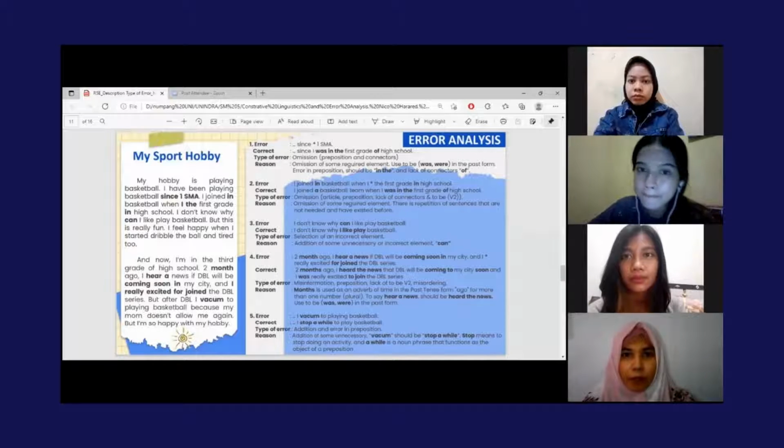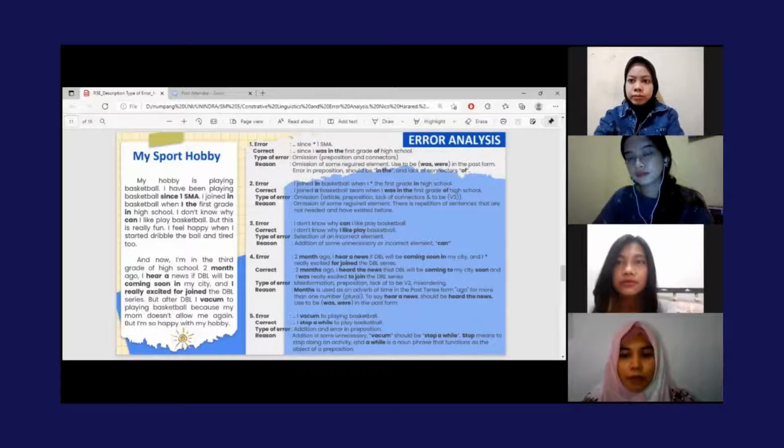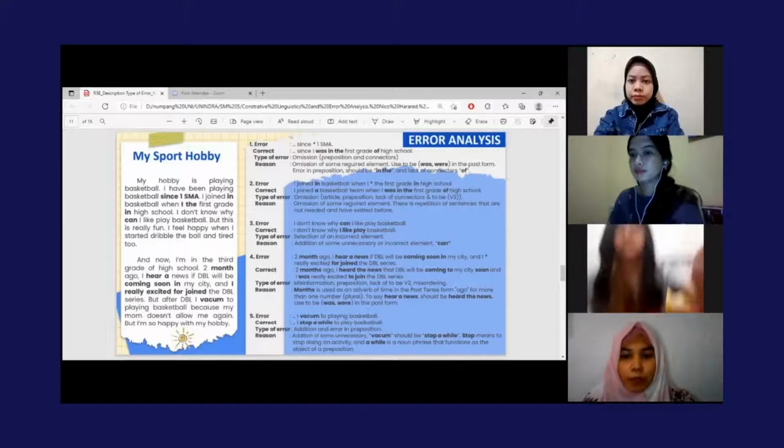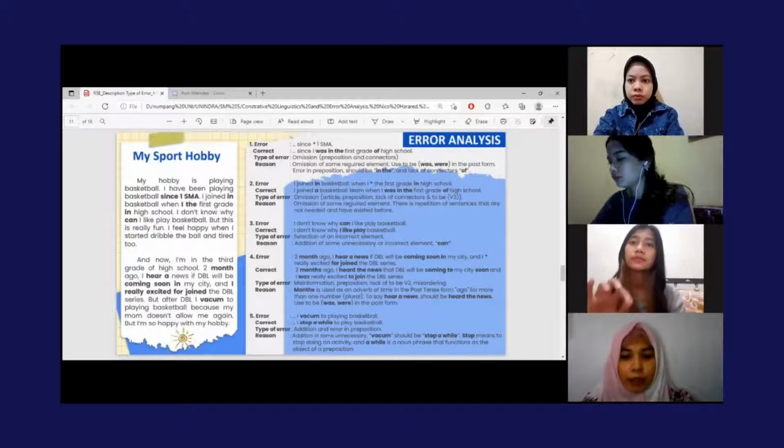The type of error is omission, preposition, and connector, because of the omission of some required elements, used to be was or were in the past form. Error in the preposition should be in the, and lack of the connector of.